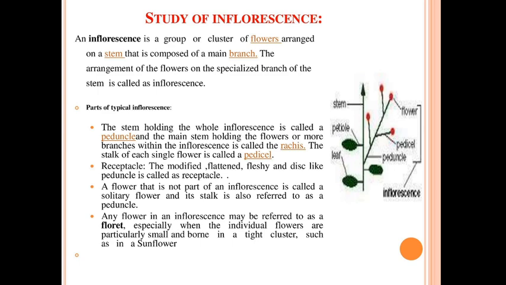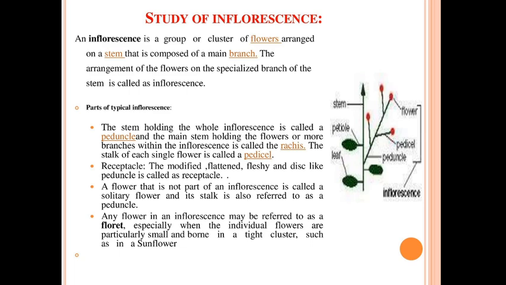Now, normally we know when flowers are present on the plant, they are pollinated by different agents, and out of those agents, some of them are living. In order that the flower will be easily seen by these pollinating agents, like insects or birds, these flowers are grouped together on a special branch. This grouping of flowers on a special branch, or the arrangement of flowers on the specialized branch, is called as